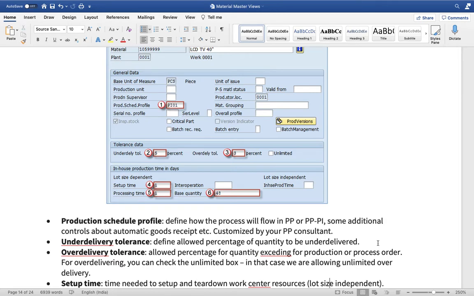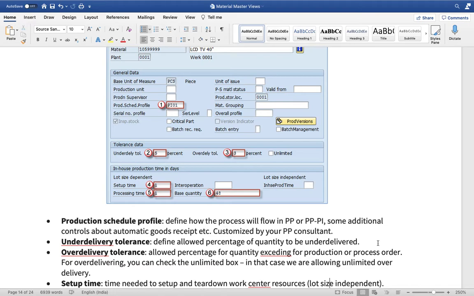So what is under delivery? When you are buying some material or producing some material, you have to do a quality cycle and find out how much material you will allow. I'm just giving a rudimentary example. Suppose you have ordered to buy 1 ton of iron ore.